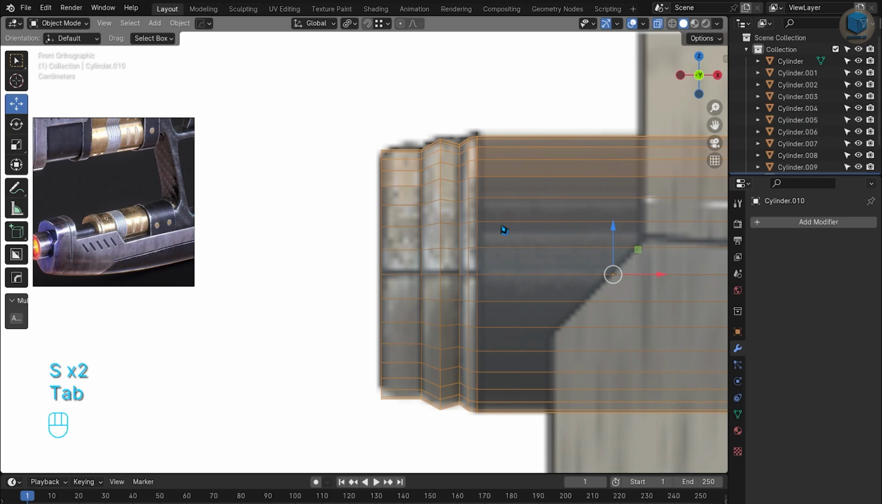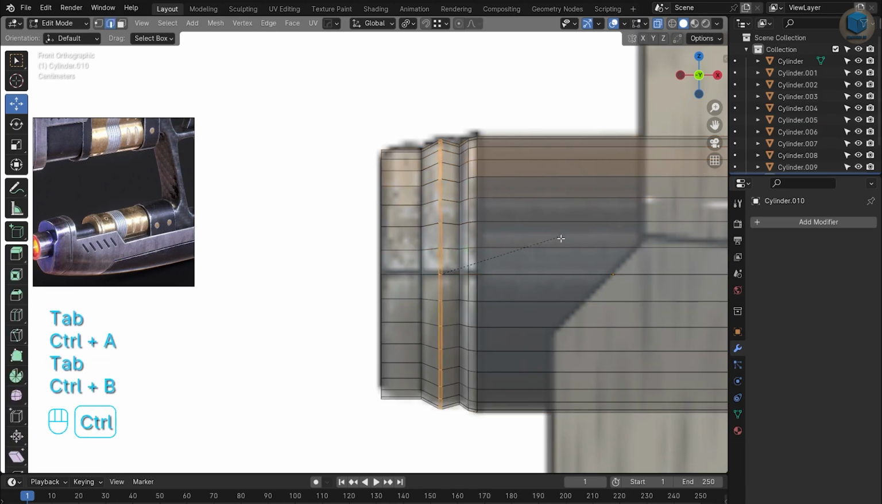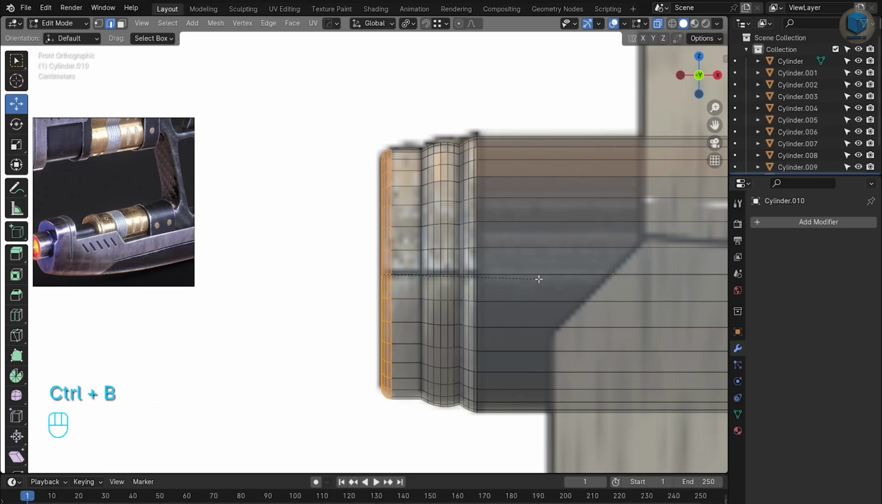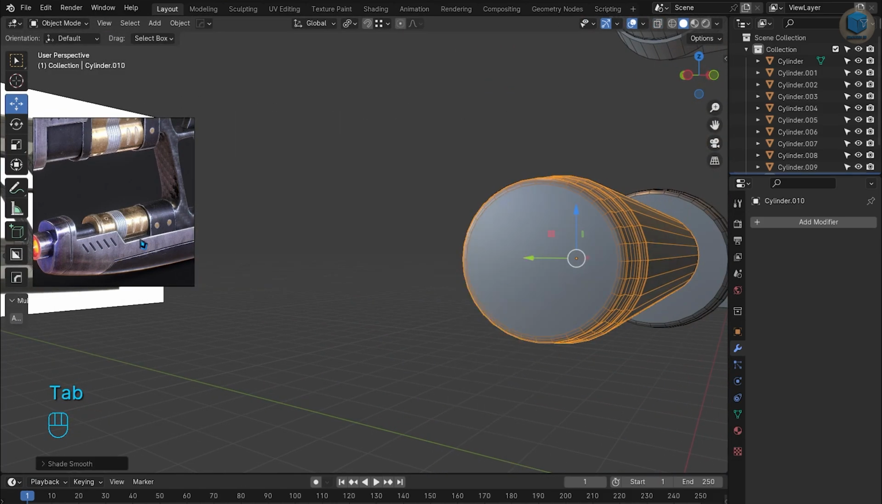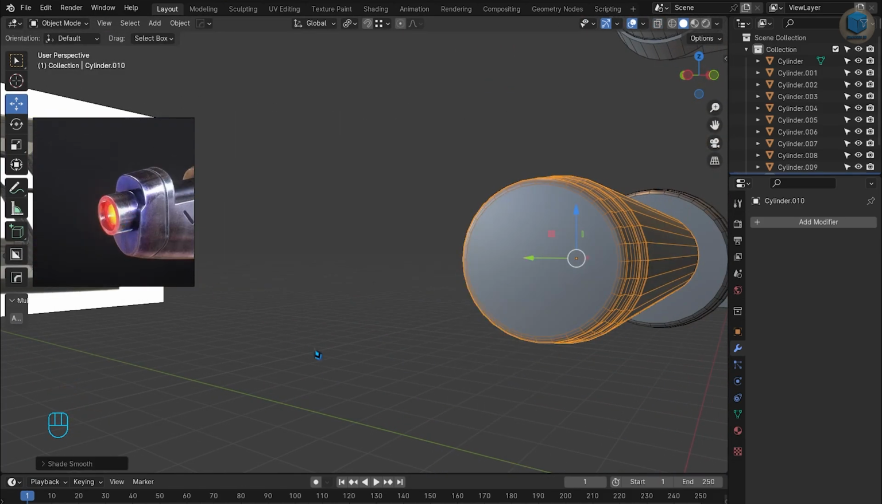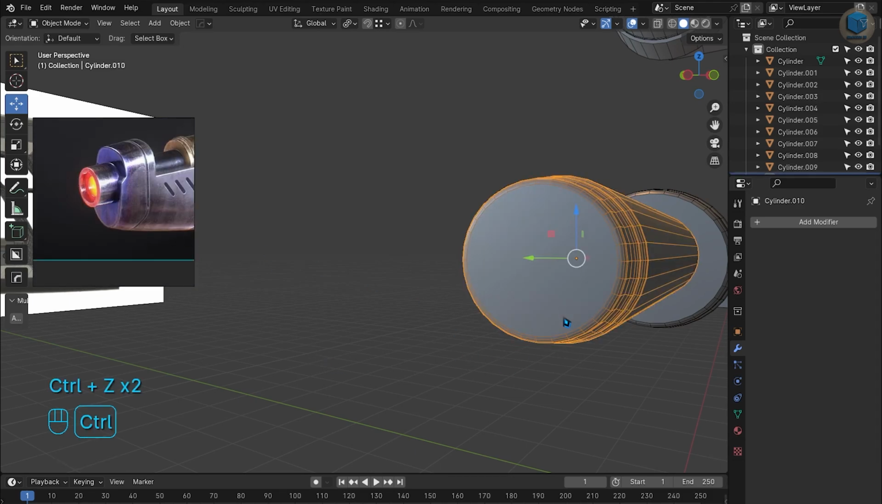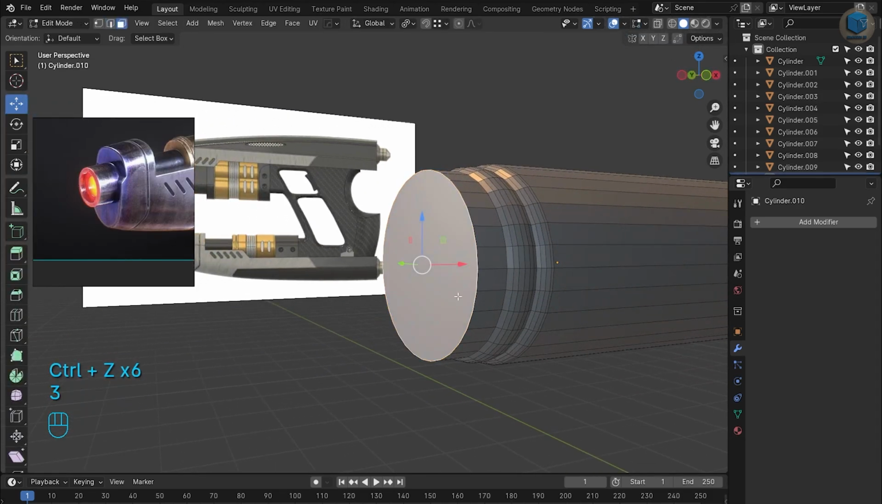Apply the scale here and then select this edge loop and add a bevel to it. And select this edge loop here and add a bevel to it as well. Now for this part it is extruded inside, so I will just go back here and select this face and